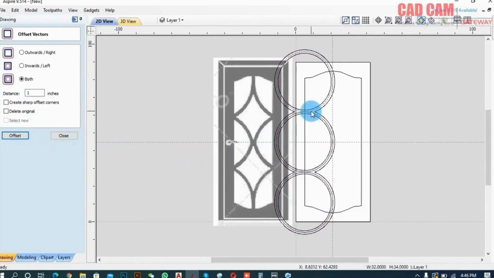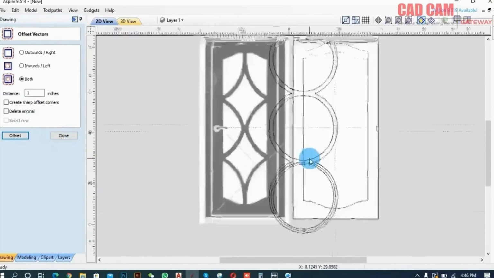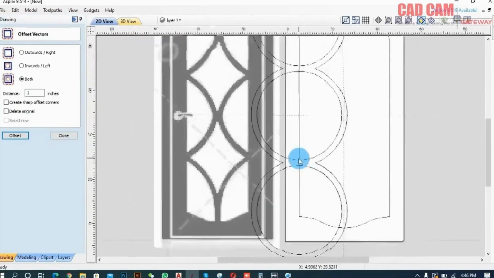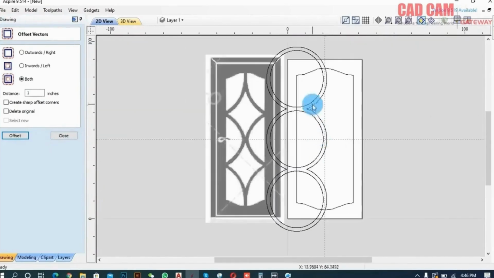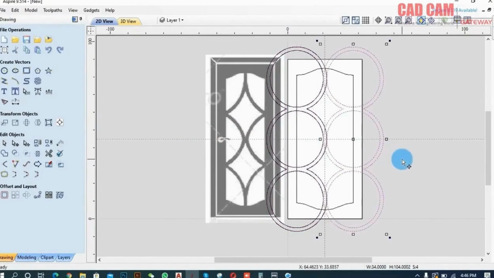From this, I will delete all the objects on the inside because we don't need them anymore. They were just for that purpose. I selected this from here. After selecting it, I will place it here and copy it using Ctrl-C, Ctrl-V, and then grab it from this point and place it on the opposite point. After that,